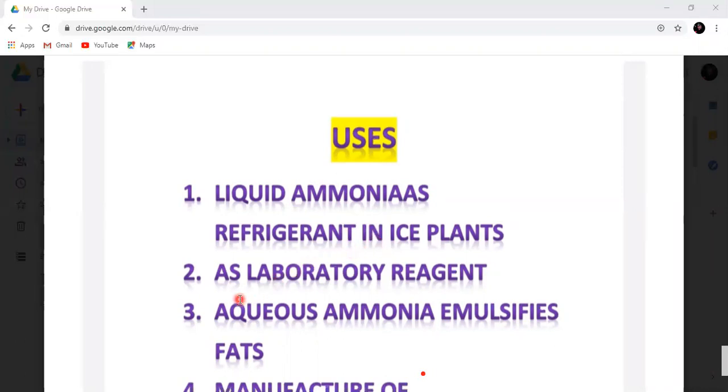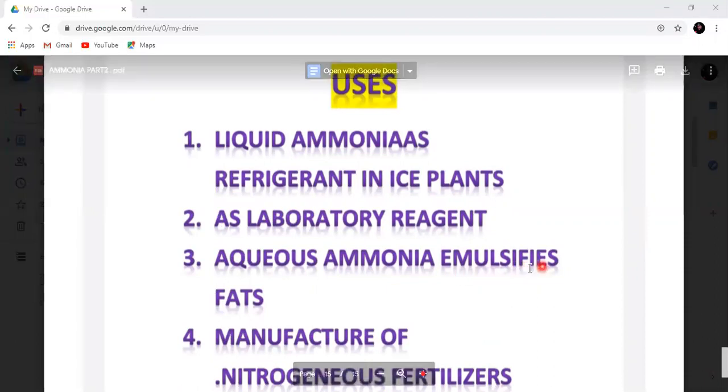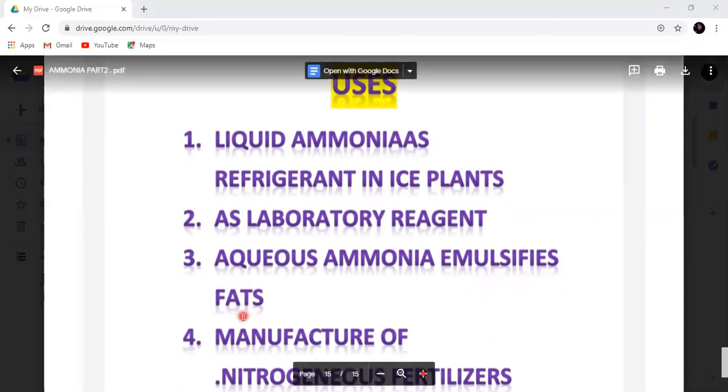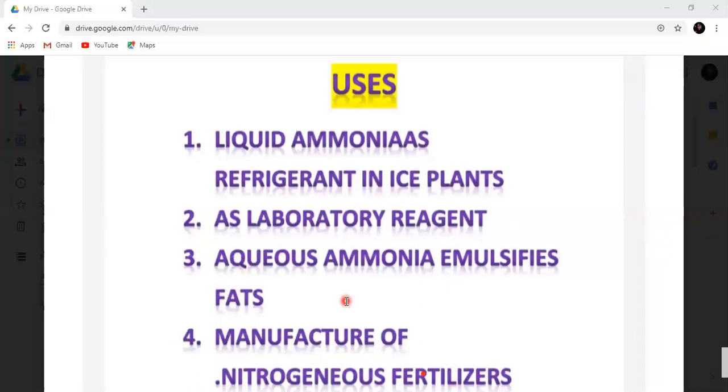The next one is the laboratory reagent. A very good reagent is aqueous ammonia. Aqueous ammonia emulsifies fat. What is emulsify? Emulsify means dissolve. Aqueous ammonia has a property to dissolve fats like grease. That's why it is used for the cleaning of tiles, windows, to remove grease or perspiration stain